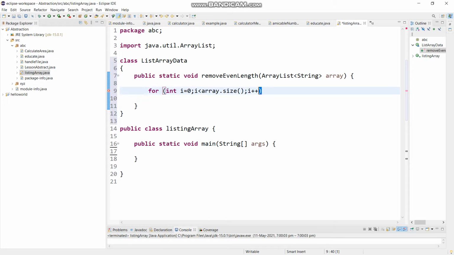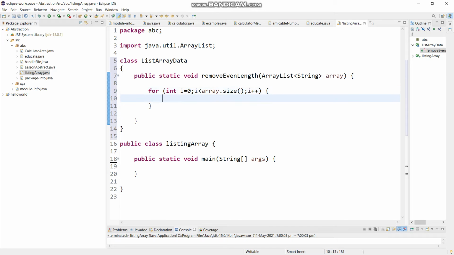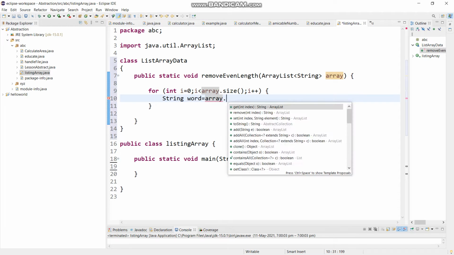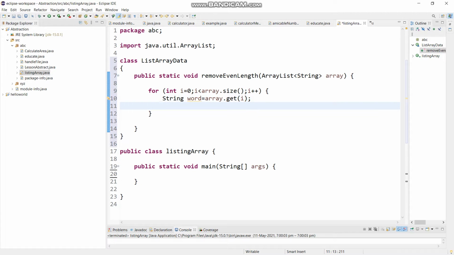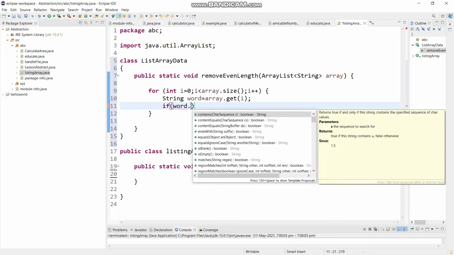Inside for, first I have to write the curly braces, and then inside for we are going to say string word equals array dot get i,